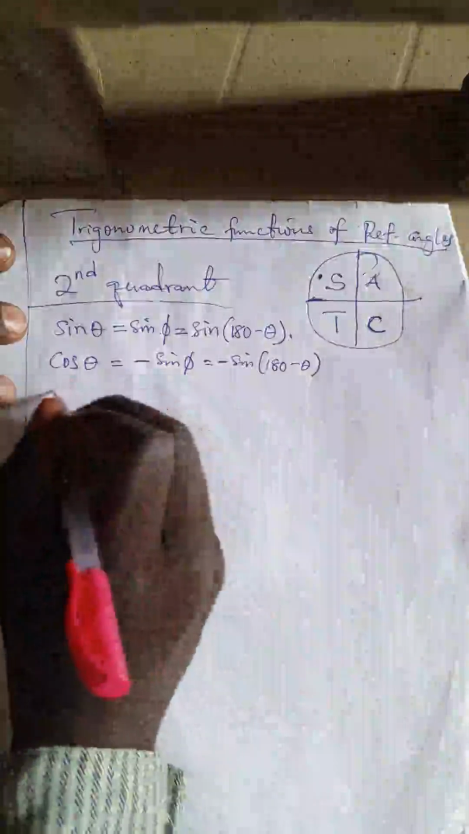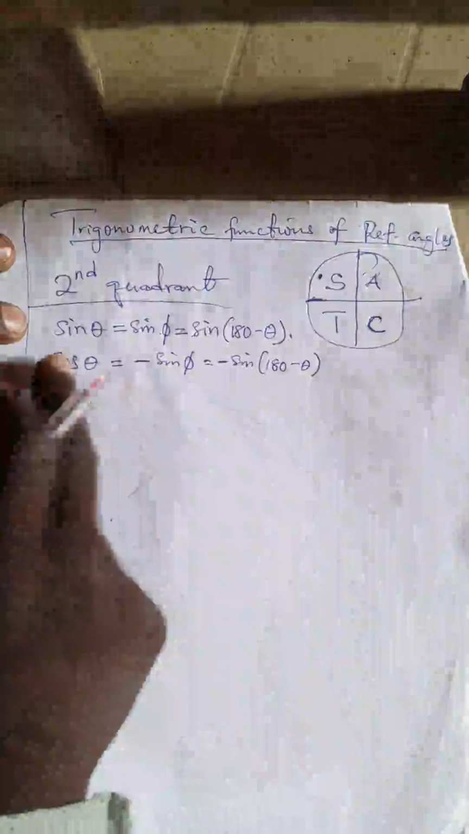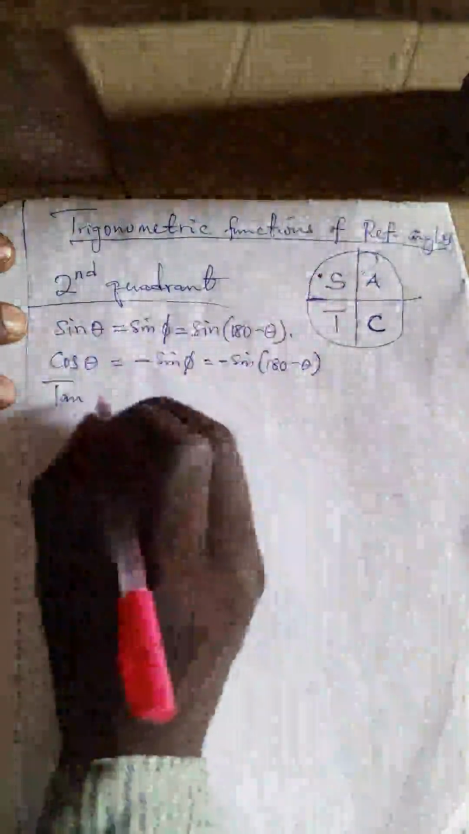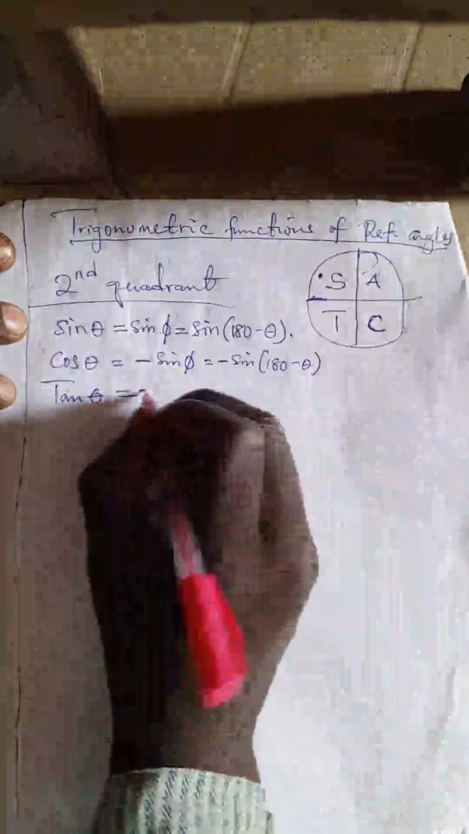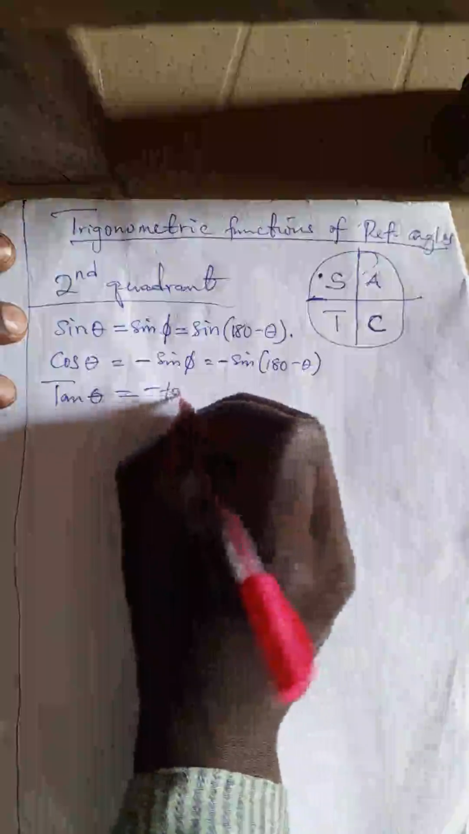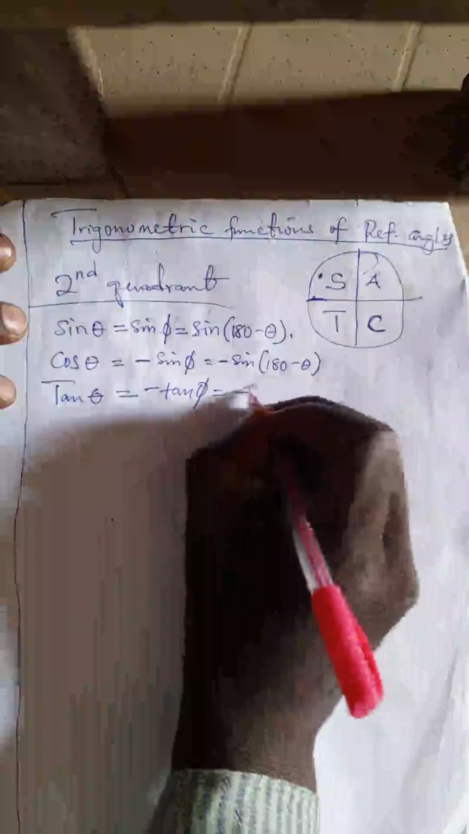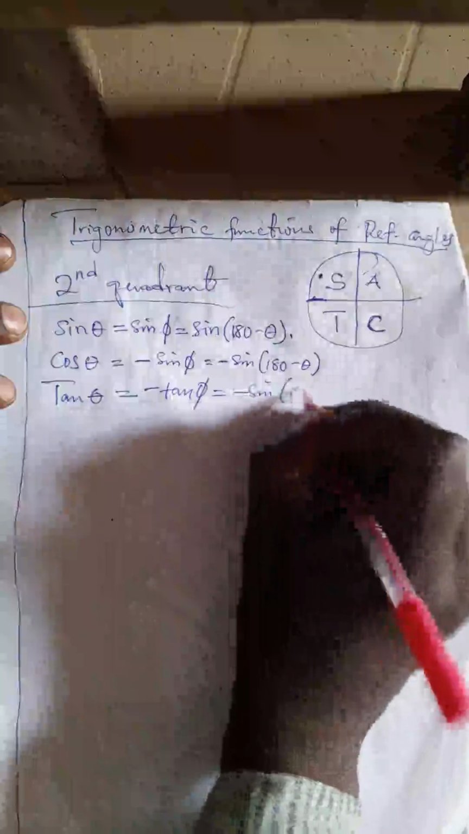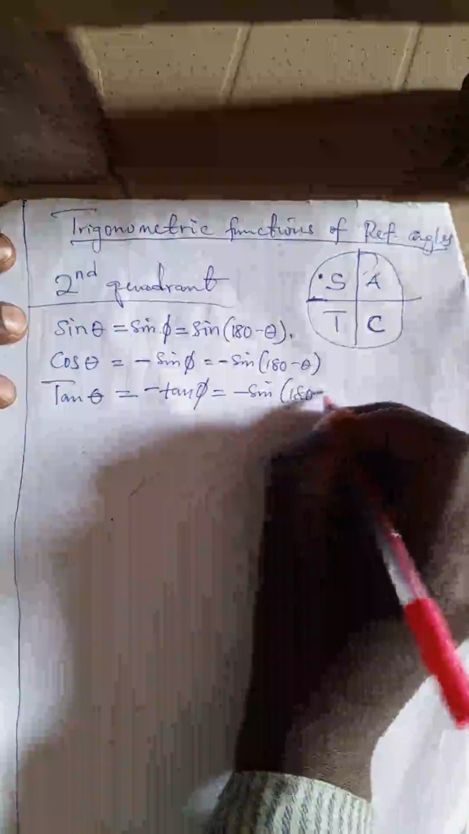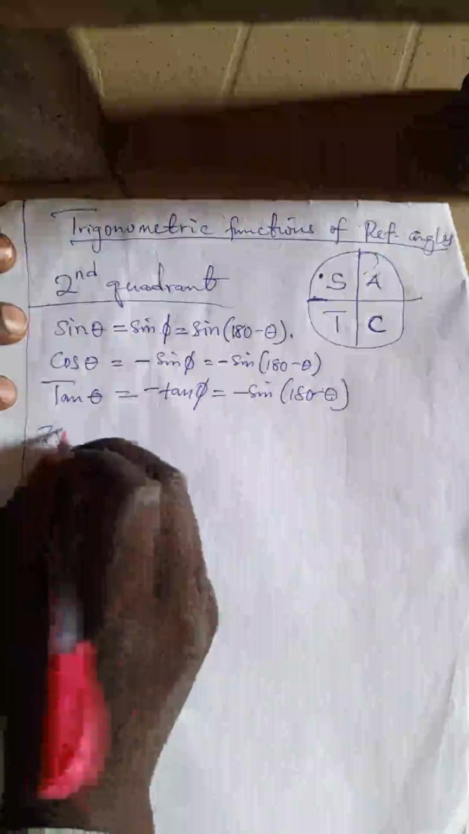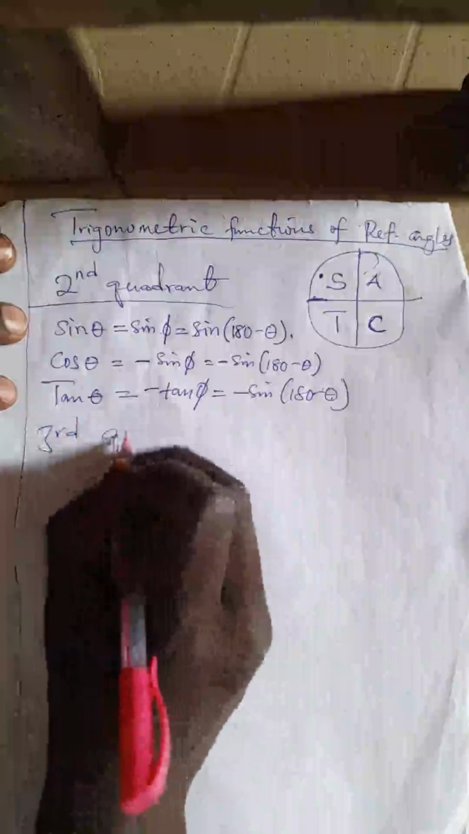Now, coming to tan. Tan is also negative because only sine is positive in this quadrant. So, tan theta is the same thing as saying minus tan phi. And what do we mean by phi? Phi is the same thing as saying 180 minus theta. That's the given angle. Now coming to the third quadrant,